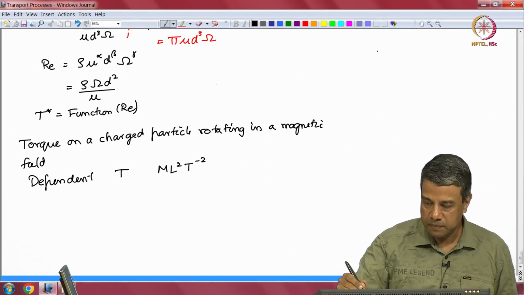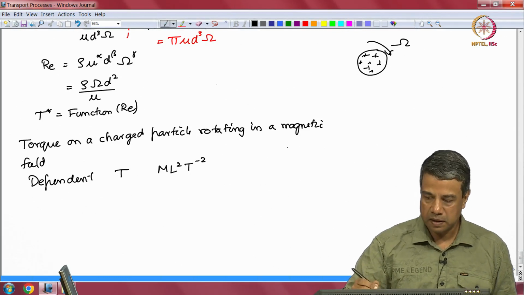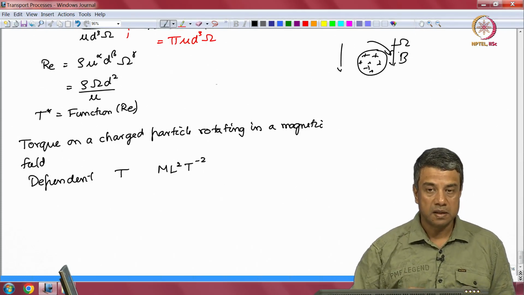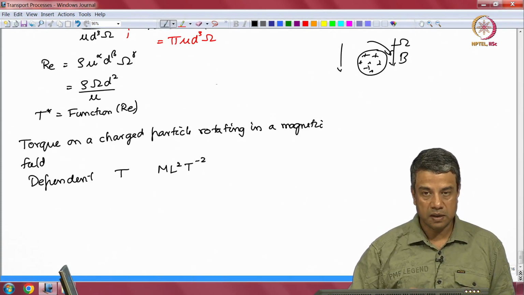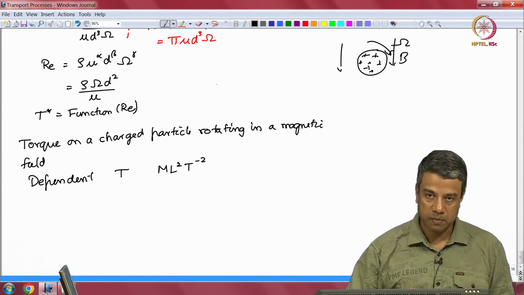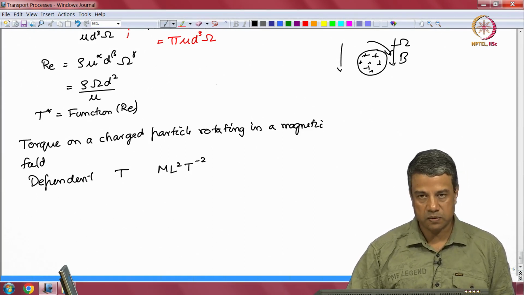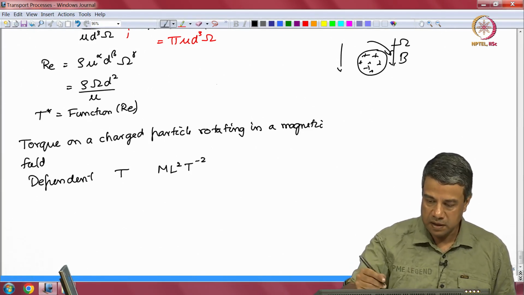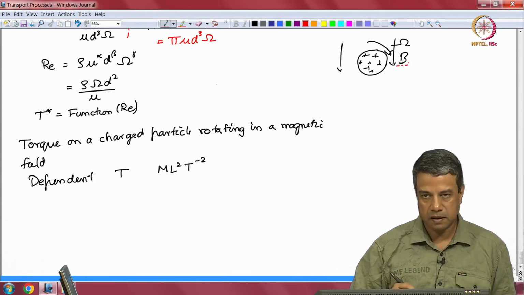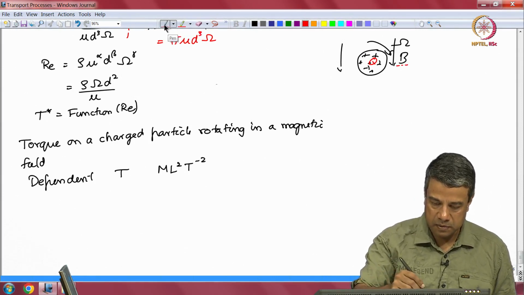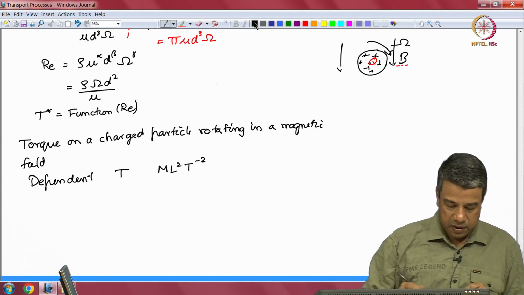So, if I have a particle with charges on it, rotating with some angular velocity omega in a magnetic field with a magnetic flux intensity B, there is a torque exerted on the particle in the direction perpendicular to the angular velocity and perpendicular to the magnetic field, in the direction perpendicular to the plane containing these two. The magnetic field is characterized by the magnetic flux intensity B. The total charge on the particle is called Q. And therefore, the independent groups,